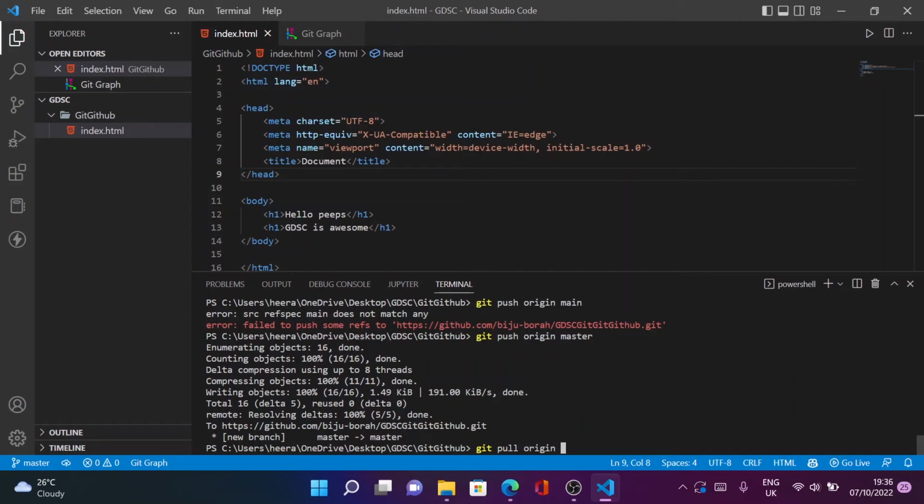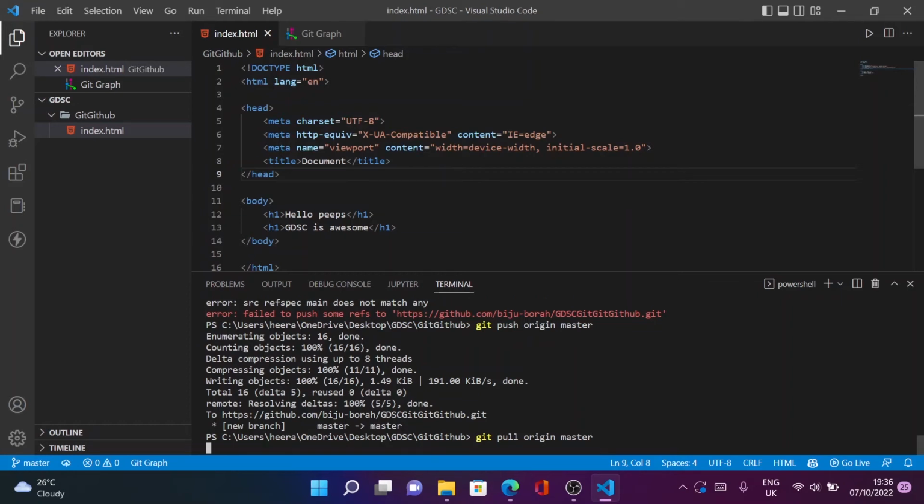Okay, so since I wrote origin, I can pull the changes there, and I need to specify the branch from where I need to pull the changes. In our case we are using the master branch, so I will type master. So git pull origin master will pull the entire changes present in the GitHub repository to my local project. So if I type this,